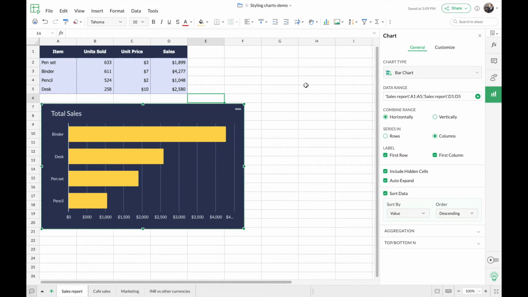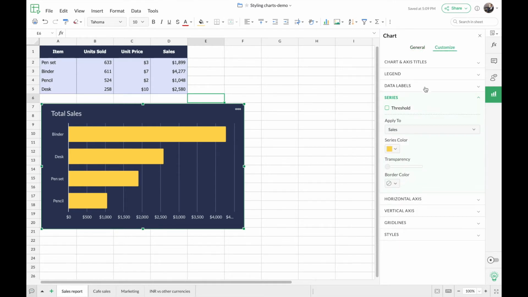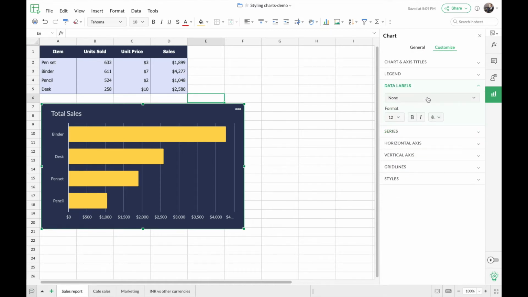So for that, I'm going to first add a data label to my chart here. So I'm going to add the data label as values. So there we go. So you can see how the data label shows the values of each data bar. That is based on the length of each data bar. You can see the label being positioned accordingly.